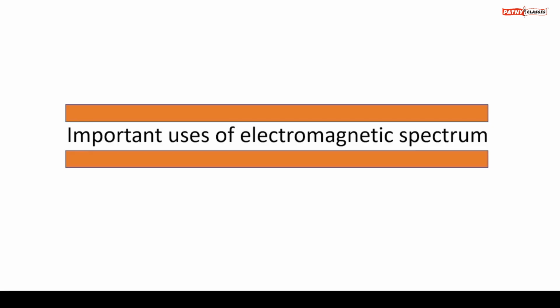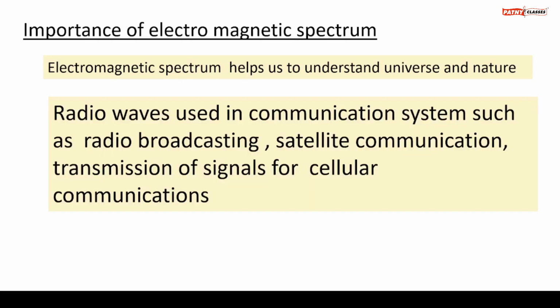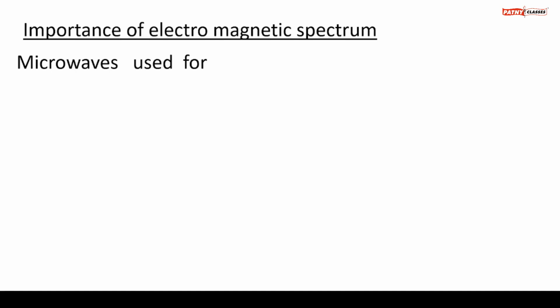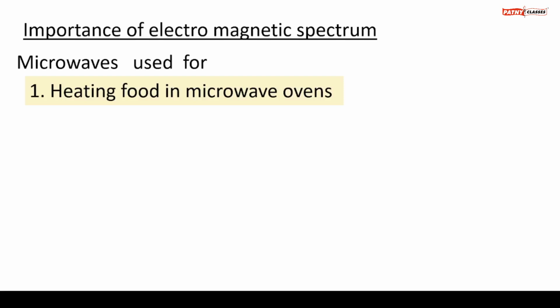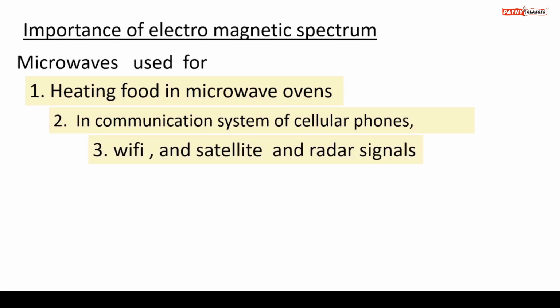Now, let us talk about some important uses of the electromagnetic spectrum. The electromagnetic spectrum helps us to understand the universe and nature. Radio waves are used in communication systems such as radio broadcasting, satellite communication, and transmission of signals for cellular communications. Microwaves are used for heating food in microwave ovens, in the communication system of cellular phones, in Wi-Fi and satellite, and in